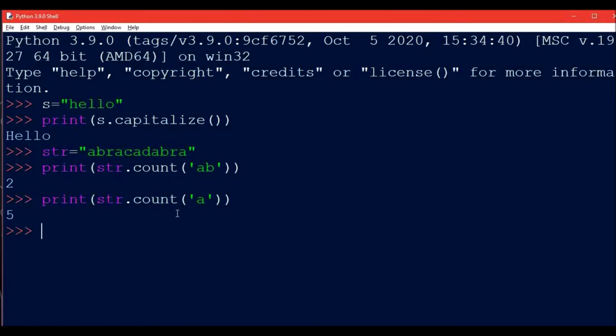Why? Because now I want to see how many times a particular character is repeating, or how many occurrences of a particular character are there. So the substring can be multiple characters also, or a single character also. Now in the string A is coming 5 times. This is 1, 2, 3, 4 and 5. So that is why we will get 5.